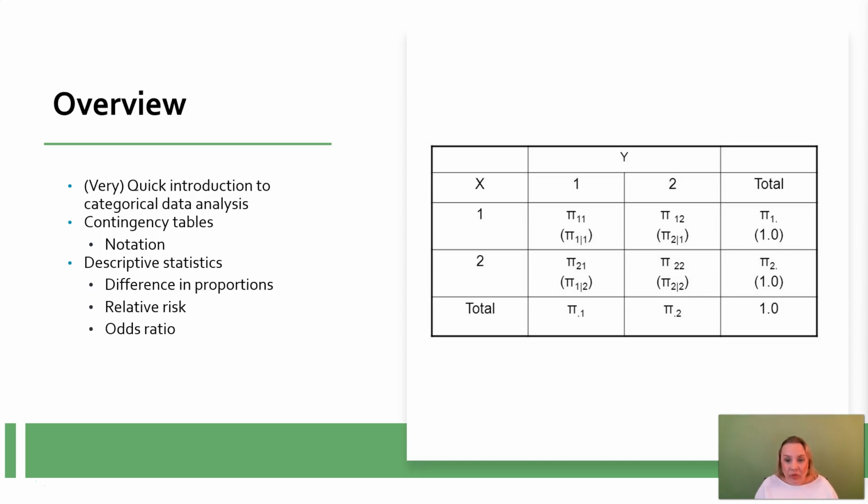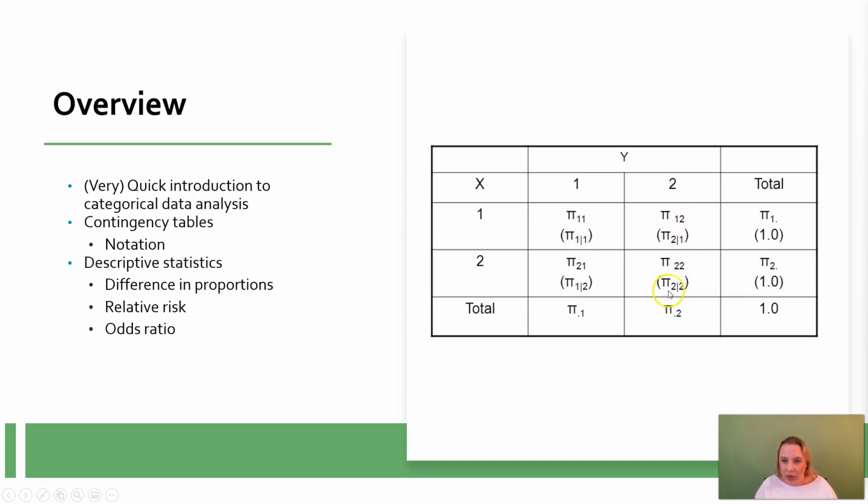So what you see here on the right is a contingency table where we have variable X and variable Y. Variable X and Y each have one category. These values in the center portion of the contingency table are going to tell us the number of observations that have the value of 1 on variable Y and a value of 1 for variable X, for each of our intersections. So if I have a 1 on X and a 2 on Y, we're going to be in this quadrant